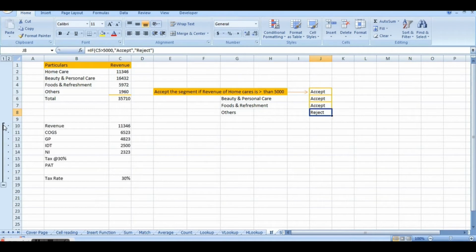Let us see another important use of the IF function. There are many, meaning you can use it in any logical test that you want. But here is another example for better understanding. Say there is an organization. Now we'll take the same figure of home care, which has a revenue of 11,346. The COGS, that is cost of goods sold, is 6,523. Thus the gross profit is